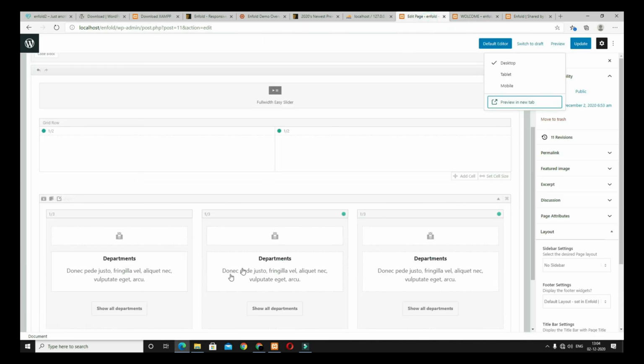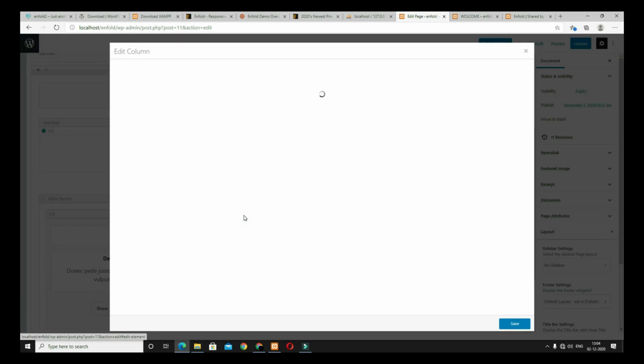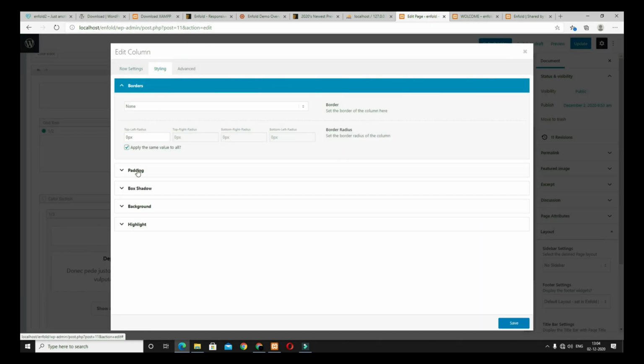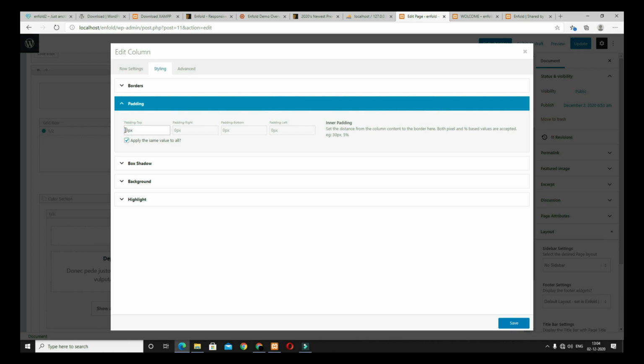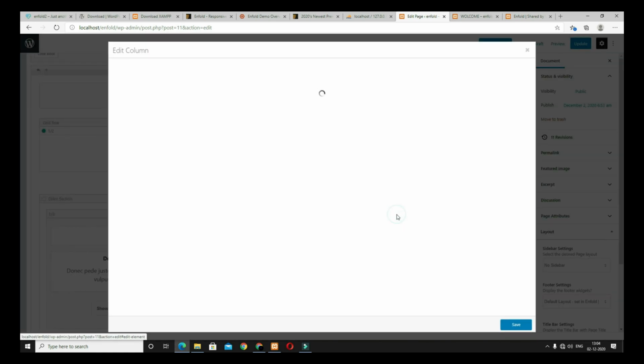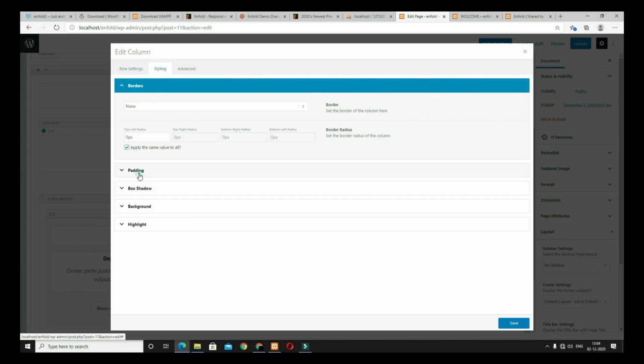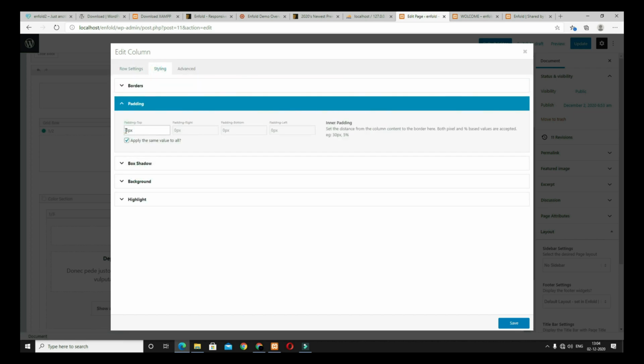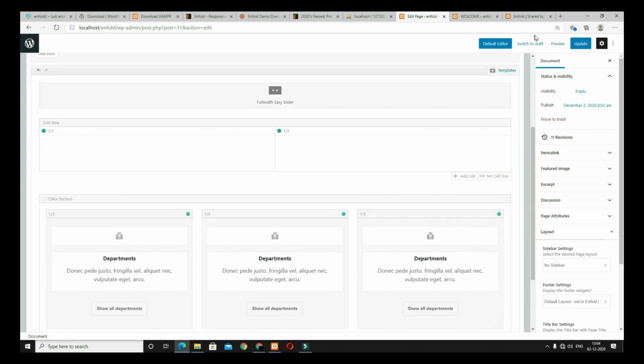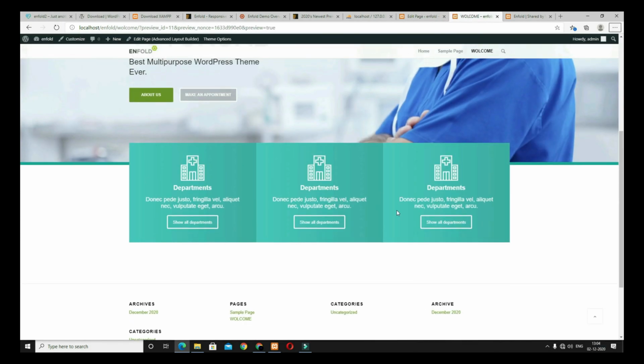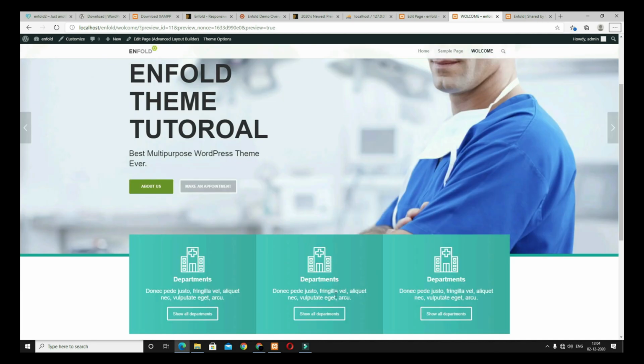So again let's come back here, click in this edit option, come back to the style, padding, make it 40 and save it. Similarly for this one also, click in the edit option, come back to the style, padding and make it 40. Let's save it, update it and check the preview. Okay, it's perfect now. Now let's change the icon and text for the last 2 icon boxes.